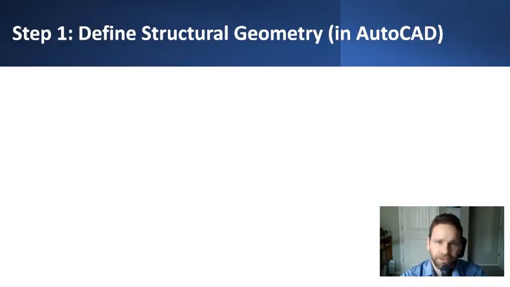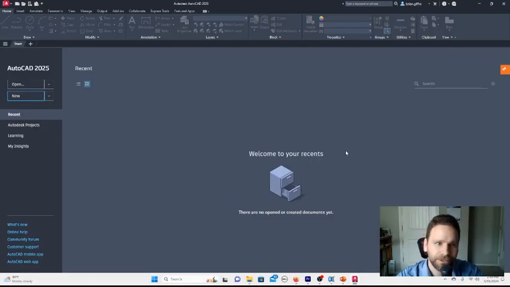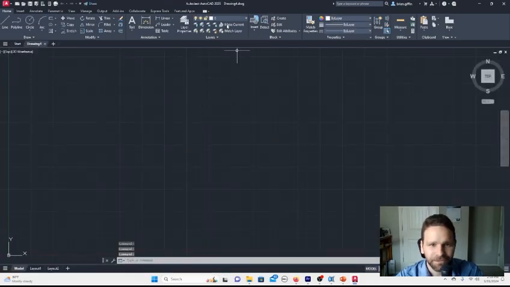So the first step in creating a model in SAP2000 is to define the geometry of the problem you're going to actually model. I'm going to do this in AutoCAD, and I'm going to consider just a very simple two-dimensional geometry. You can do all the same steps in 3 dimensions, but I think it's more illustrative to do 2D first. All right, so to get started, open up AutoCAD, create a new file, and then from there